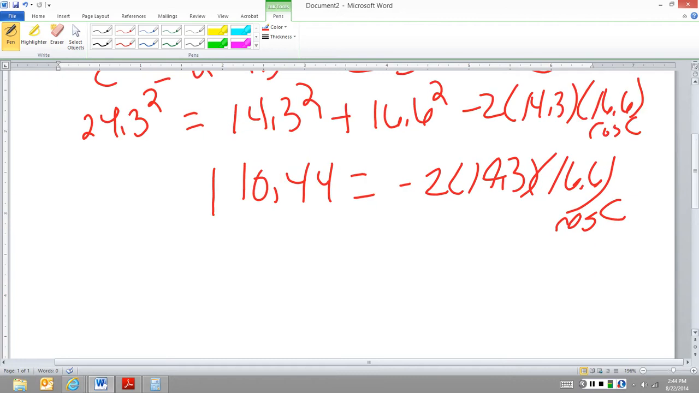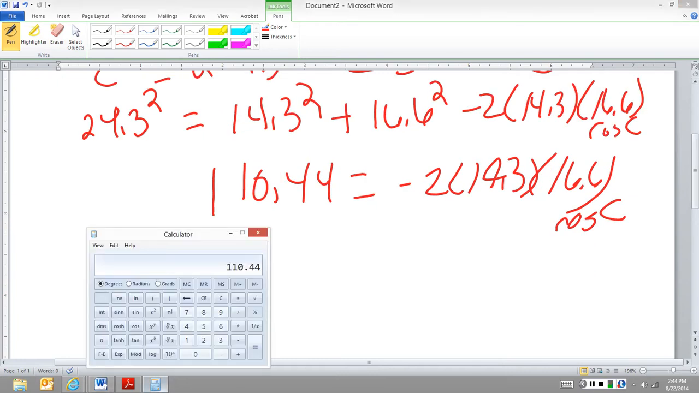So now what I want to do is get this cosine C alone, so I'm going to start dividing by these. So I'm going to divide by negative 2, okay? And then I'm going to divide by 14.3. And then I'm going to divide by 16.6. So now I've got negative 0.23, and now what I'm going to do is take the inverse